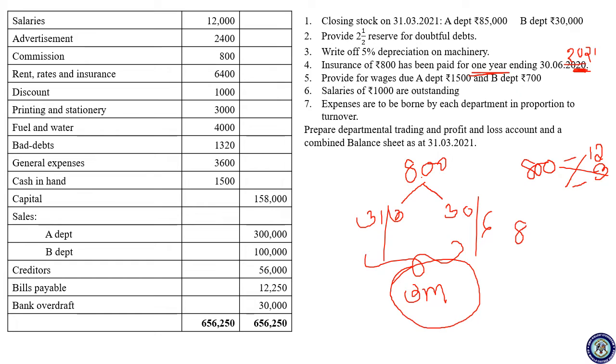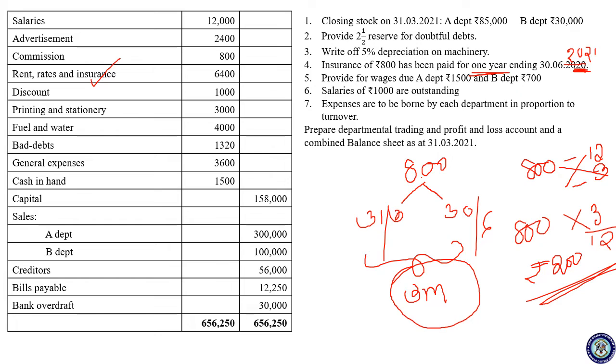So you have to calculate what is the prepaid money. 800 into 3, that is 2,400 divided by 12, it comes to 200. So this 200 is the prepaid money, prepaid insurance. So prepaid insurance, first you have to deduct from insurance 800 minus 200, what you get,